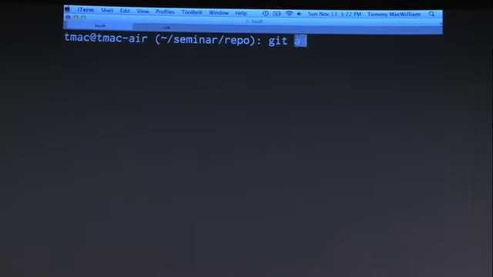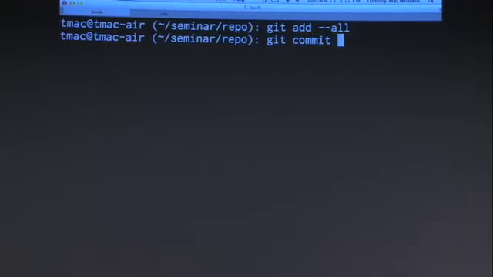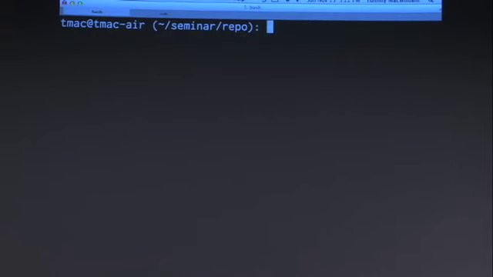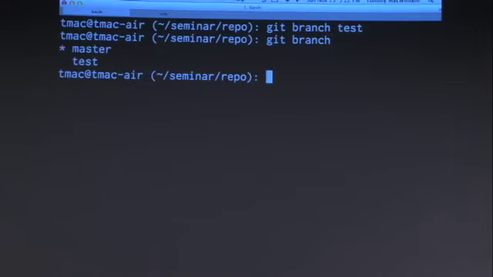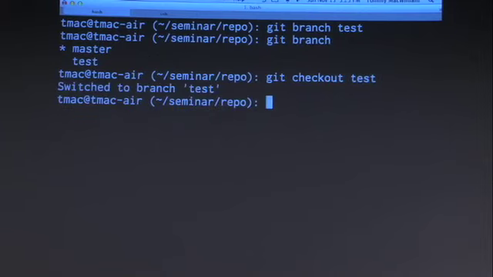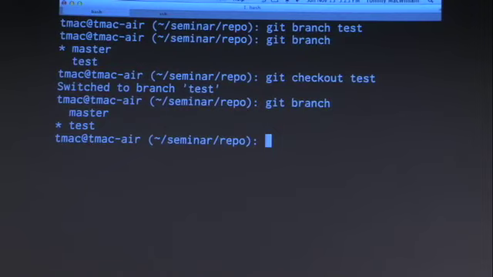So let's do just that. So let's just create another commit. So let's just say git add all, git commit -m before I branch, I should say. So now let's say git branch test. So now, if I execute git branch, I'm going to get back a list of all the branches that I have. So now, you'll see I have this branch master, which is kind of the default branch. And the little asterisk next to it says that's the current branch that I'm on. So now if I want to switch to test, I'm going to say git checkout test. And so now if I say git branch again, you notice that I've now switched to this test